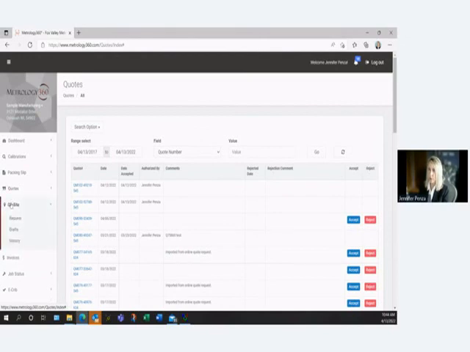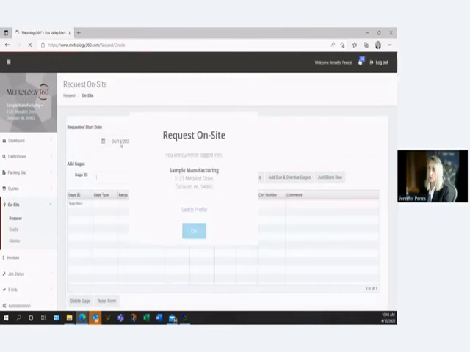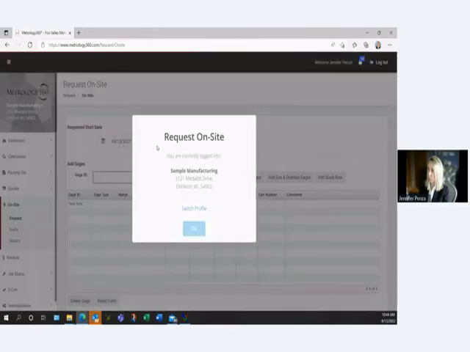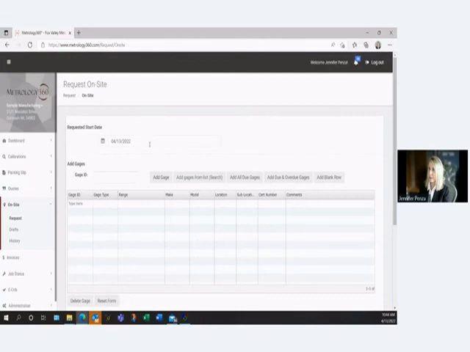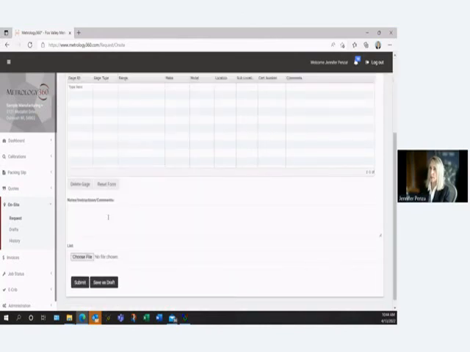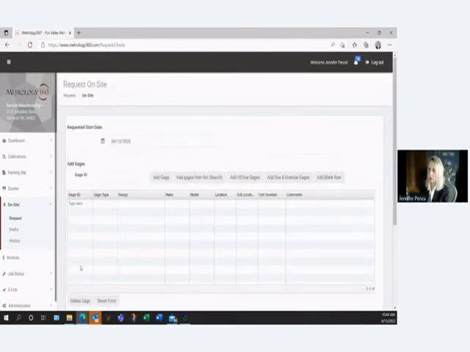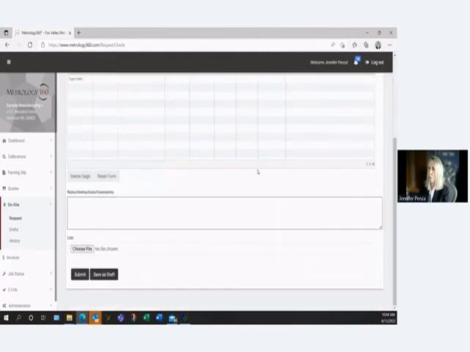On-site is another one very, very similar to all the rest of these vendor management areas. You can request an on-site, same kind of thing. You can request, always use the right company. You can request a date. Just because you put a date in here, please understand we won't definitely be able to meet that date. You can go down into the notes and instructions and say, perhaps the week of April 13th, if possible. Go ahead, add your gauges in here that you want for your on-site, add gauges from a list, add all due gauges, or you can also